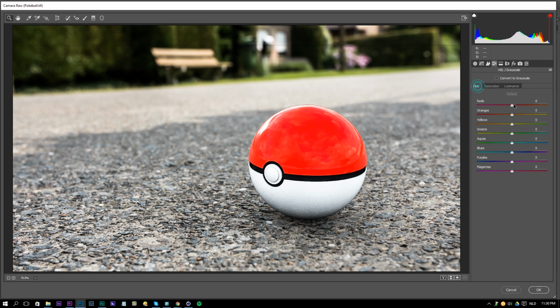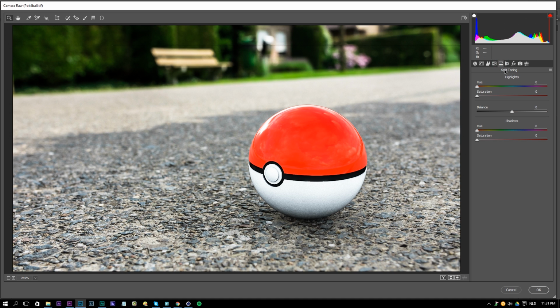But right here in the hue, we can just change the hue of the Pokeball if we made a little mistake. Maybe make it a little bit more orange, like so, something like this. We can play around with the greens, make them a lot greener, and just play around with everything and see what works and what doesn't. It's a stylistic choice again. I'm going to keep the saturation of the reds at this level, and then for the yellows I'm going to increase them, also the green, so we have more color contrast in our scene. So I'm going to keep it like this.